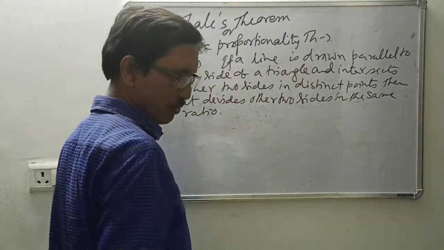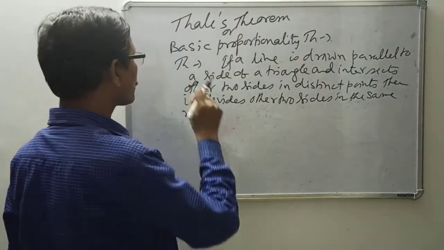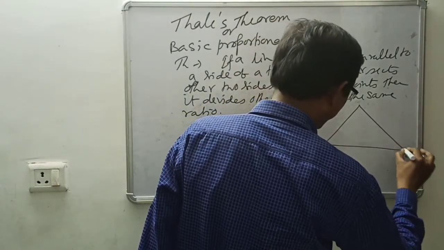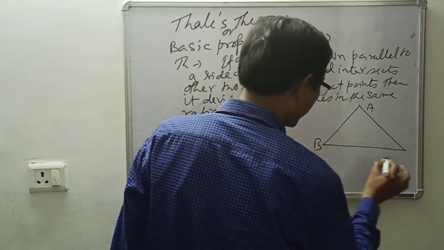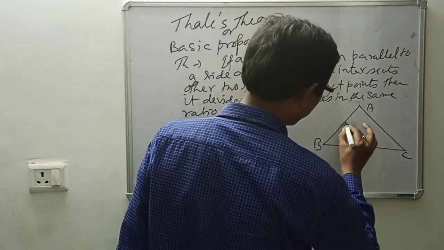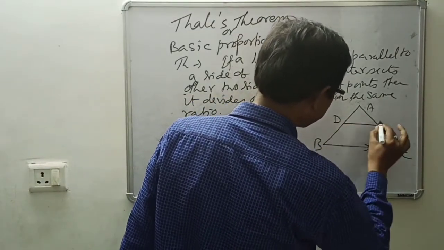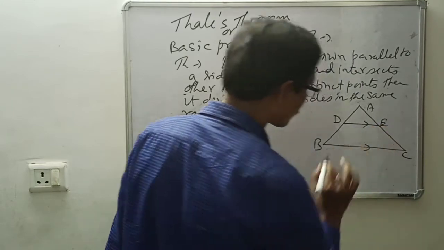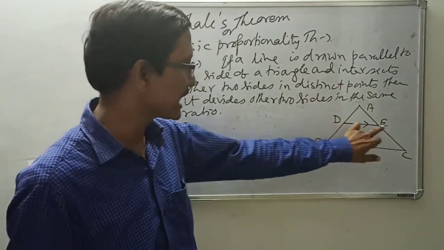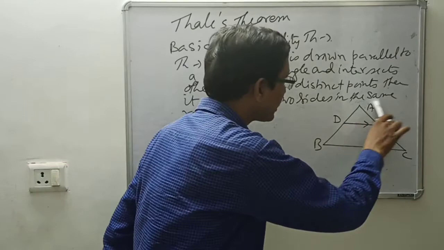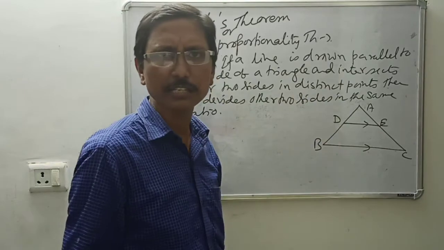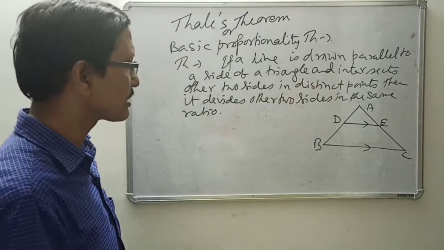So according to that statement, if a line is drawn, what type of line? That will be parallel to a side of a triangle. So from that figure, suppose one triangle you are having, and one line is drawn parallel to a side. Suppose BC is parallel, it will be like that one. DE, what is that? Parallel to this one. To intersect the other two sides, that is AB and AC at distinct points, D and E. Not like this one, here if you draw the line through A, they go through the same point. It is intersecting the other two sides, that's why it is given the other two sides at distinct points.